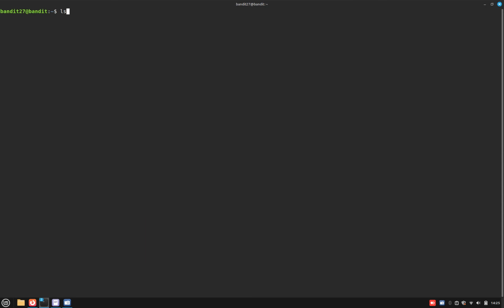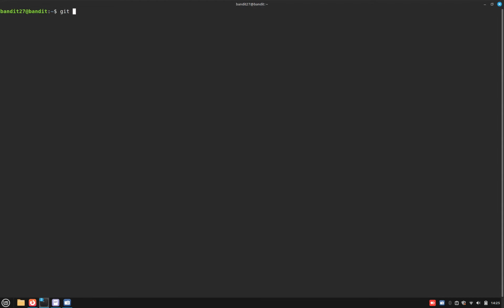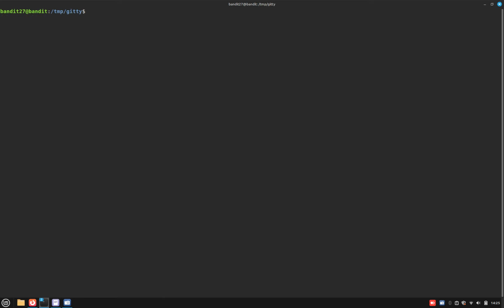So what it says is, there is a git repository at this location, right? So what we can do is clone the git repository, and it will just show us permission denied. So now what we can do is go to /tmp, make a directory called gitty, cd gitty, and then we can clone the git repository,